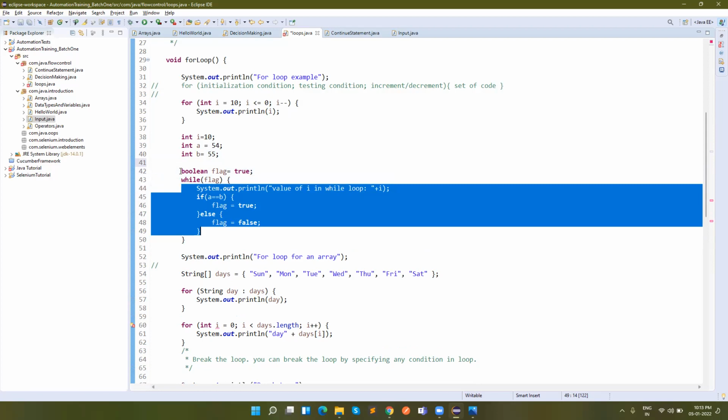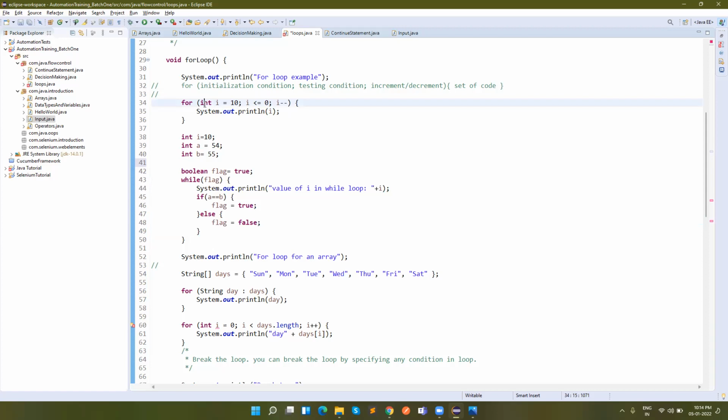Yes, correct. Here we don't know how many times it will repeat the execution. And in the for loop, we will know this. Now the difference is clear. That's what I'm trying to say: in the for loop, there is a limitation that whatever value we apply, that is the number of times it will run. In while, it will run until a certain condition is matched, right? That's what I'm trying to say.